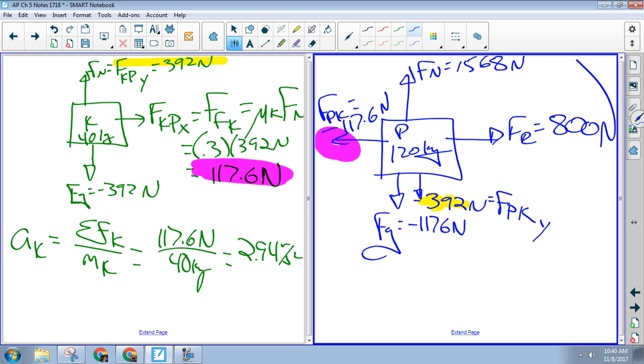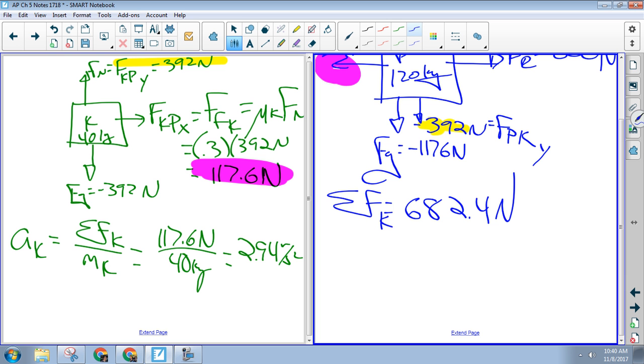Because if you think of the kittens up here as a surface, they're going to push down with 392 newtons, right? Follow? So you could still do 0.3 times negative 392 to get this friction force. All right, so now we can find our net force and our acceleration. Any problems? Nope. Now our net force is 800 minus 117.6, so what's that going to be? 682.4 newtons. And then the acceleration of the peanuts is